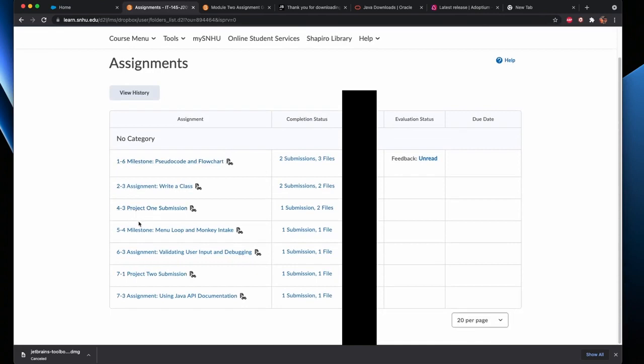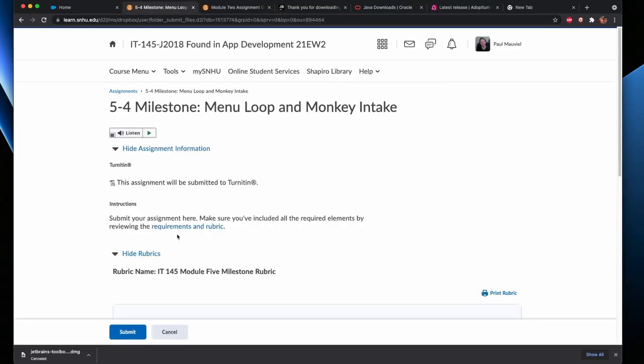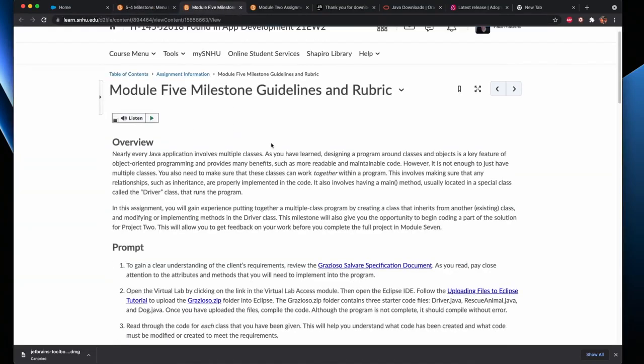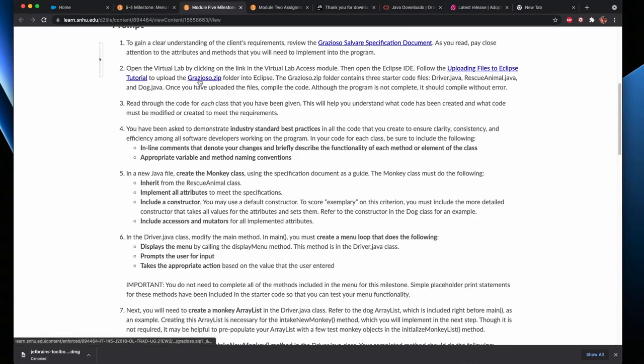So if we go a little bit further into the class, into IT-145, you're going to see, let's look at the next coding assignment, which is going to be 5.4, and it's going to be very similar for the other ones. But for 5.4, you've got this menu loop and monkey intake. You're going to want to look at the rubric. You're going to get this grazioso.zip folder, which you're going to need to edit and make do the things you want it to do, right? So download this zip file,